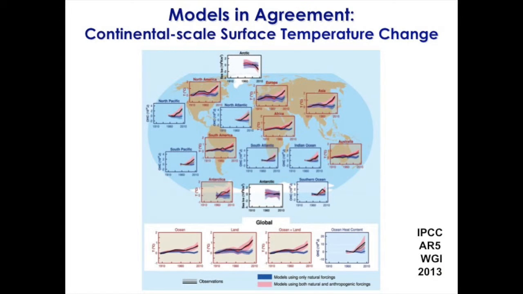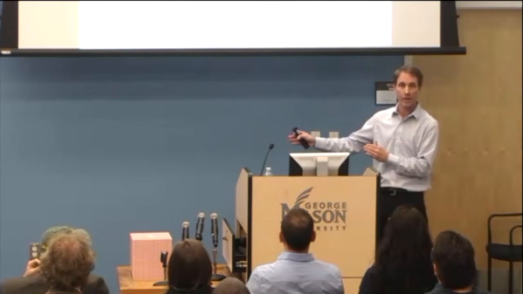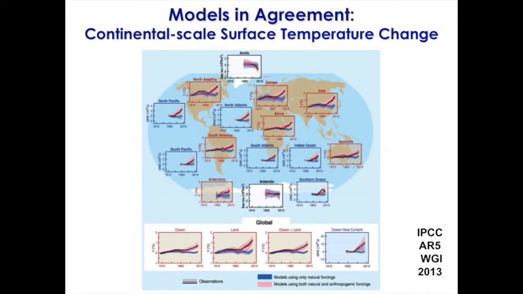I'm sorry, there are a lot of little tiny postage stamps on the screen here, but each one of them is a map of the world, and a time series, and you're seeing on each time series a bunch of pink and blue curves. The blue curves are the planet without any humans. Because we have a climate model, we can do whatever we want, and one thing we can do is wipe out humans and see how the Earth would go without humans. That's the blue curve on all these charts. The red curve is the planet with humans.